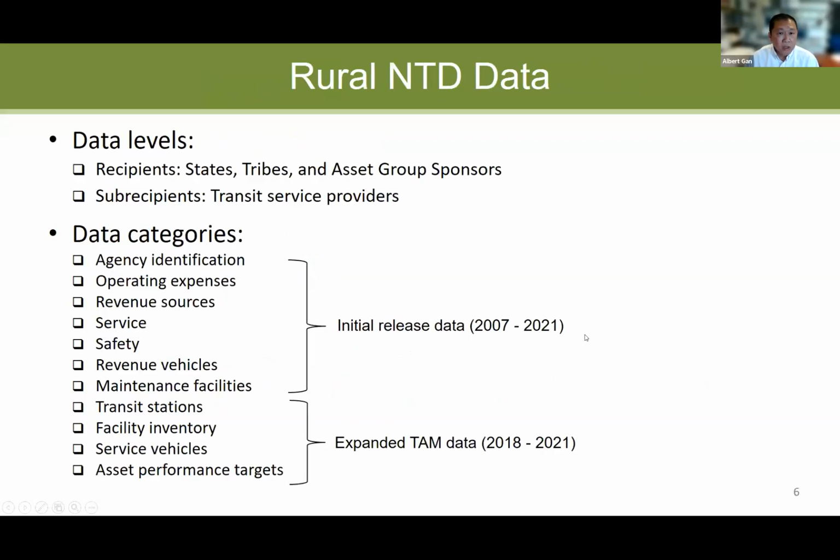And so what data are available for rural systems? There are basically two levels of data that you can get from the FTA website. First is the recipient, the direct recipients. Who are the direct recipients? They are the state or the tribe systems, or also some asset group sponsors. And then you also have sub-recipients. The sub-recipients are basically the individual transit service providers. And these are the lists of data that are available in the NTD,